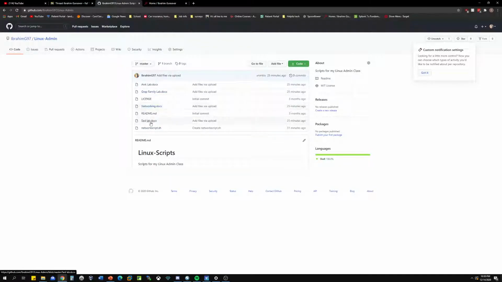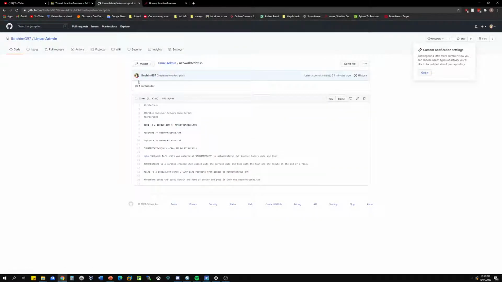So I'm going to go to my networking script. I just called it networkingscript.sh. One of the issues I had with this was that I wasn't formatting the variables correctly, so anytime I'd call the current date, it would just say date plus and then all these percentages. What I really wanted it to do was to show today's date with the month, the day, and then the hour, and then the minute.